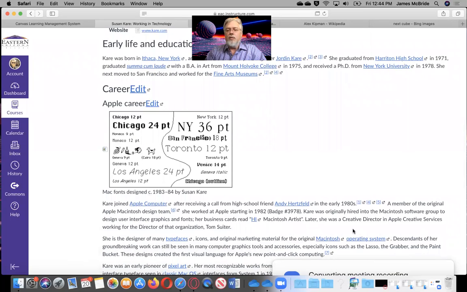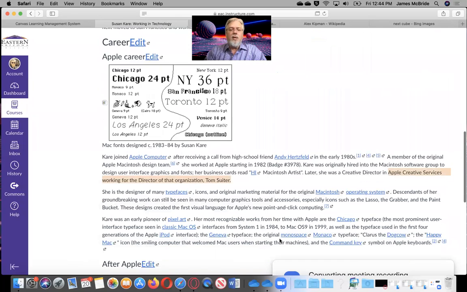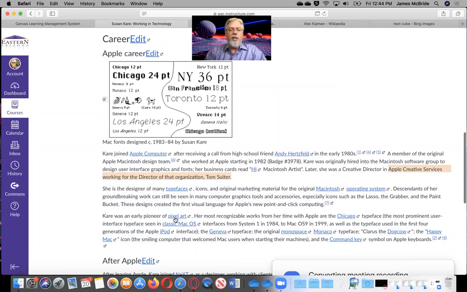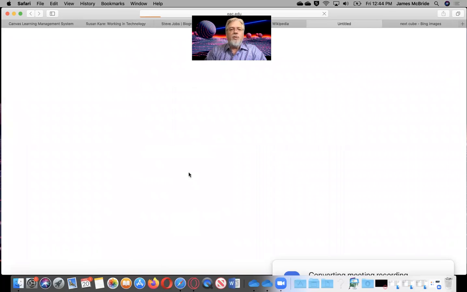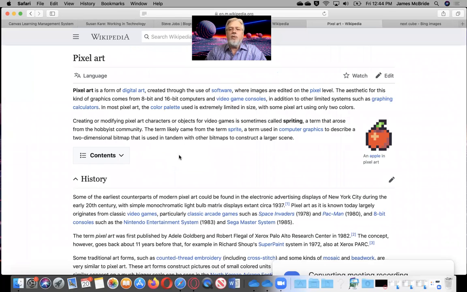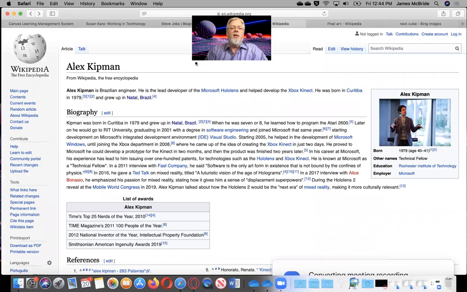Later, she became a director. She was the director at Apple Creative Services. Tons of typefaces, little icons. She was an early pioneer of pixel art. Most of us know what pixel art is, but that's just this. She's the reason why that's there. I'm not saying that it wouldn't have happened, because obviously it would have. But she created those little icons. To me, this is a massive thing because